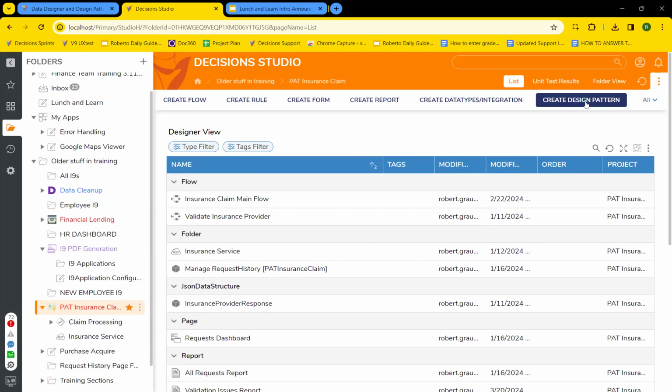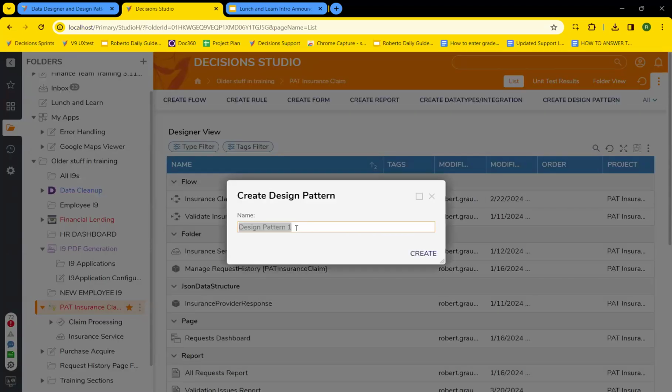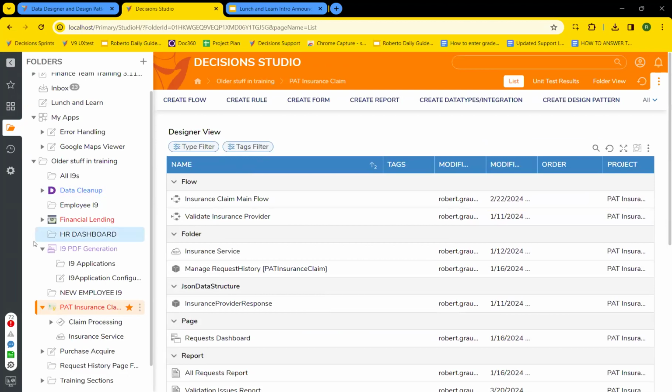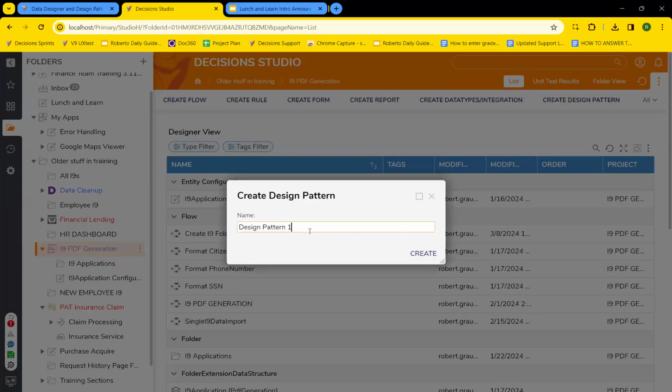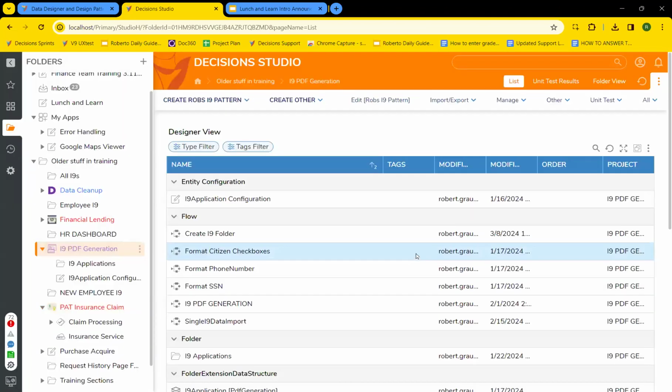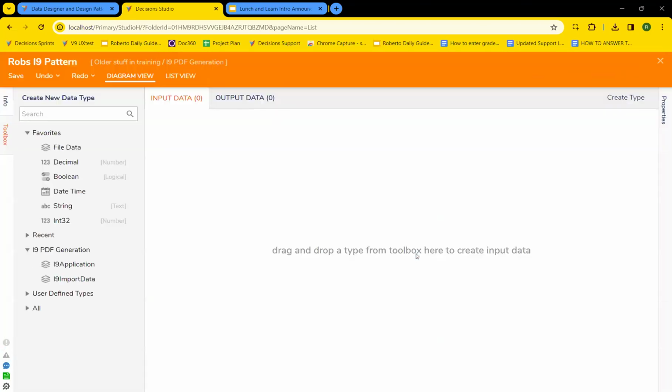So there's this option for create design pattern on the top right. I'm going to call this Rob's I9. Well, we'll do it in the I9 project because that is a better one. So this is a project, again, if you went through training, you might have recognized, but we'll call this Rob's I9 pattern. So what this allows you to do is create, for lack of a better word, maybe a template so that you can define what